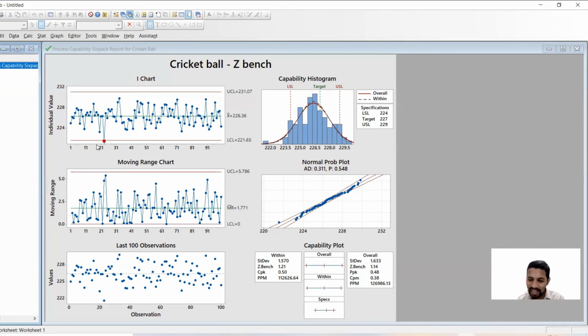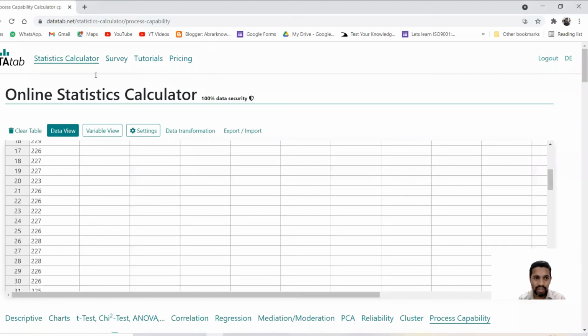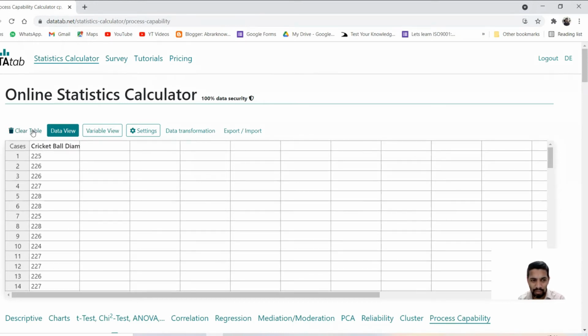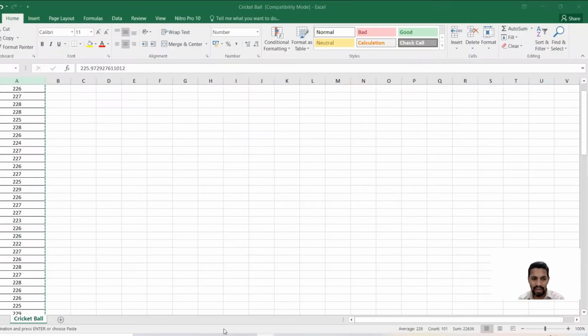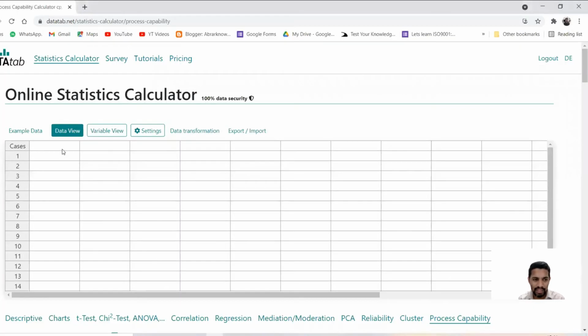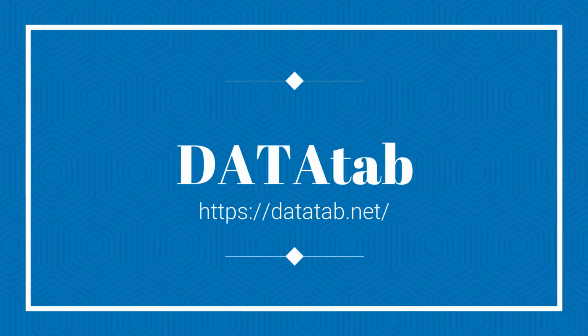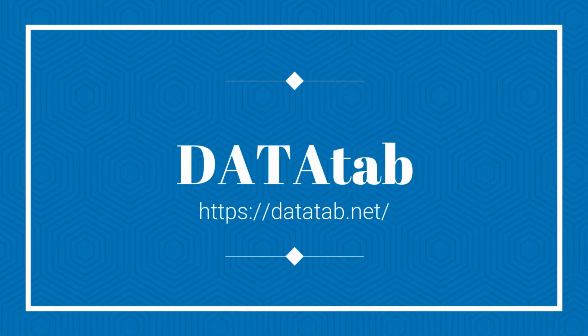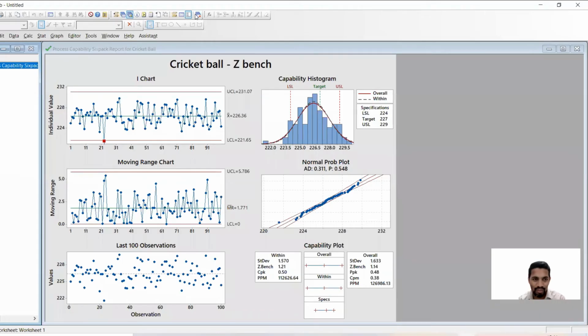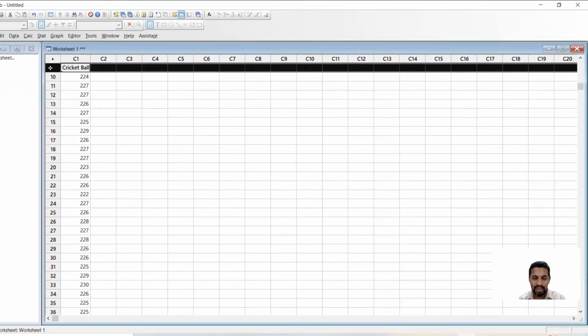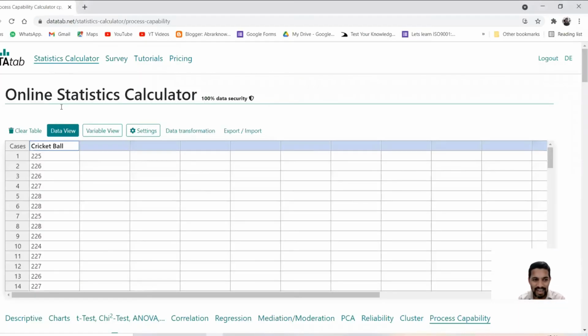Let's go and see in the data tab. So Datatab works in the browser. You just go to datatab.net and I just log in, and this is the data. For your benefit, I will clear the data and pick it up one more time and then paste it once again. So just like Minitab, this also has given one column called row 0, right? In Minitab also there is one column we have. For example, if I go to the value sheet, one column is reserved, row 0, for the header. In exactly the same fashion they have given cases, right, where you can do that.